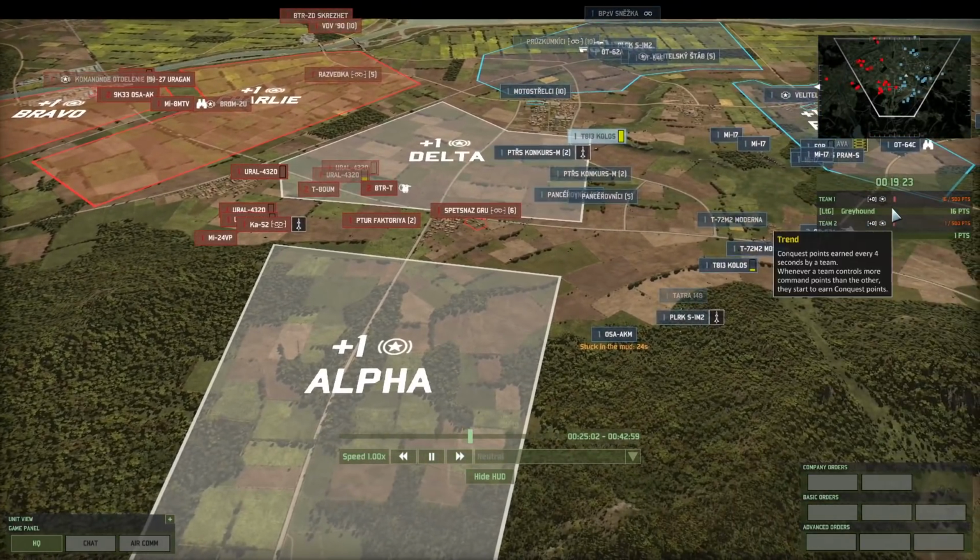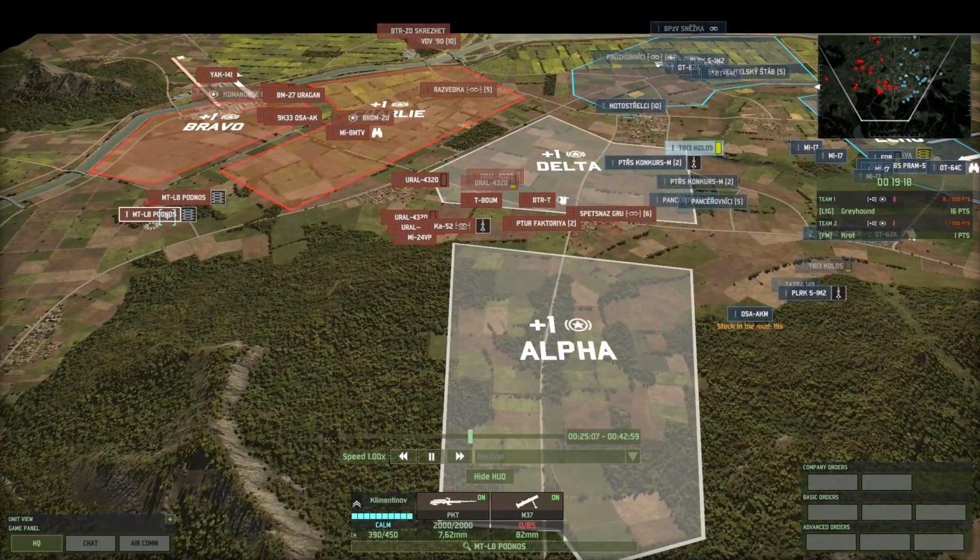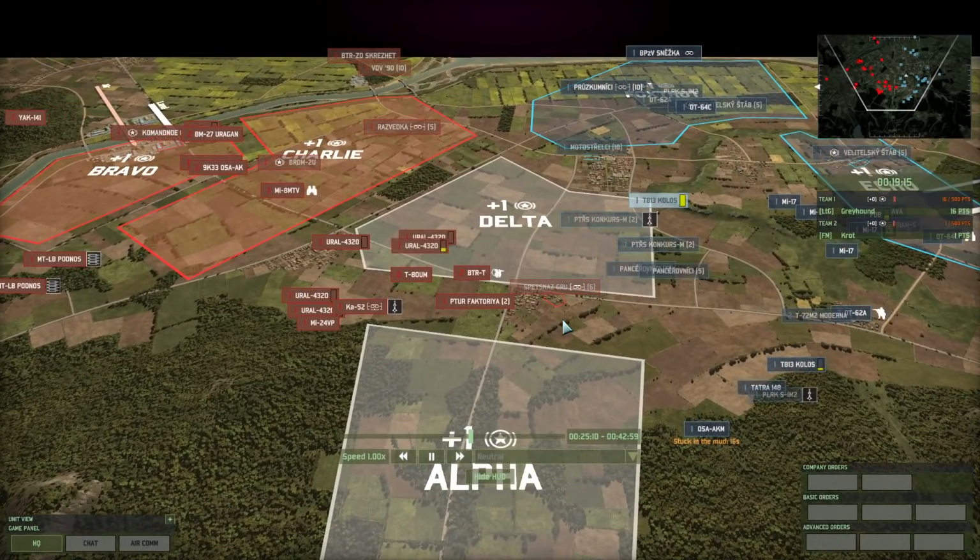And still half the game to go, with Greyhound being ahead in conquest points at the moment. Yeah, so strategically, Krot is in a difficult position because the lack of supplies is